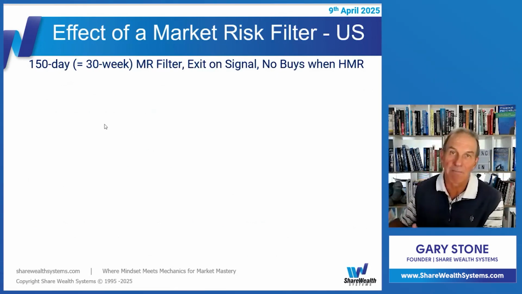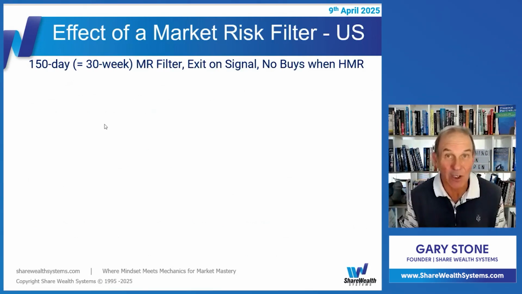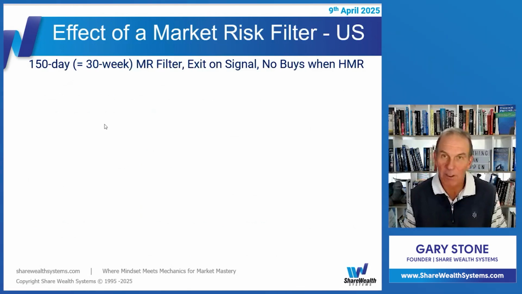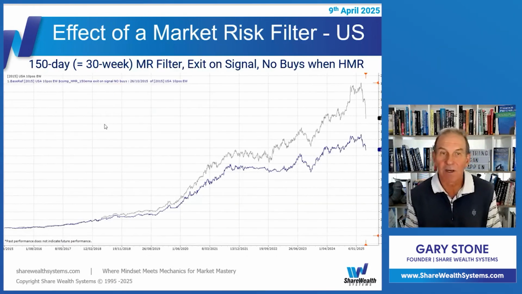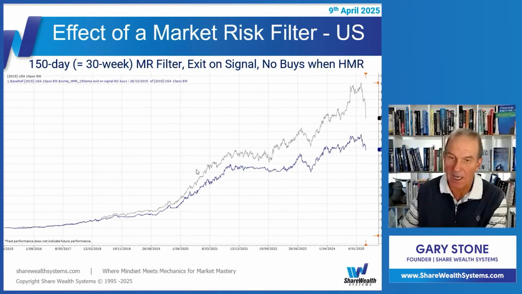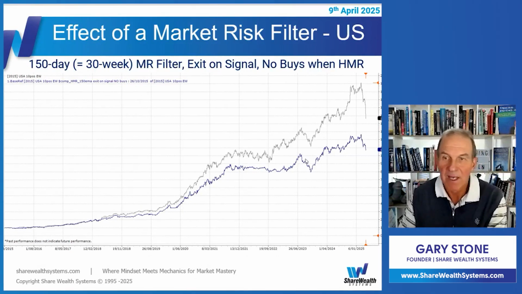But what happens is when the price action is below the 30-week moving average, you don't buy, you don't take any new entries. And so when you get a long downturn, it works well. But of course, you also don't start buying again until the price rises above the moving average. So that's what the handbrake is. So just to give you an idea, this is using SPA3 Investor on the USA, and this is going back to October 2015, which was the last low market risk before 1st of January 2016. Just pick that date, and you can see the gap here.